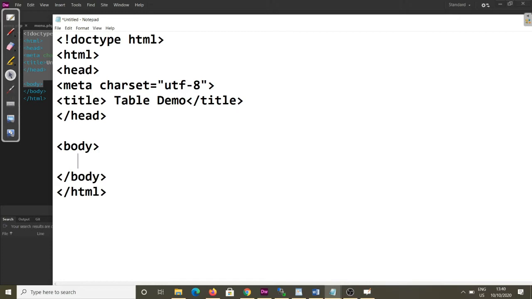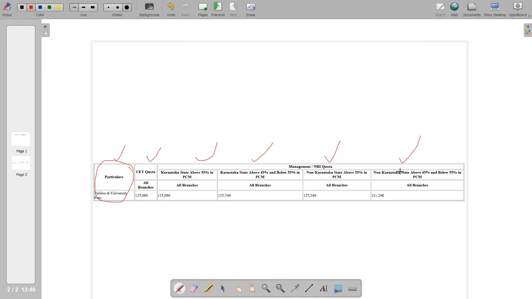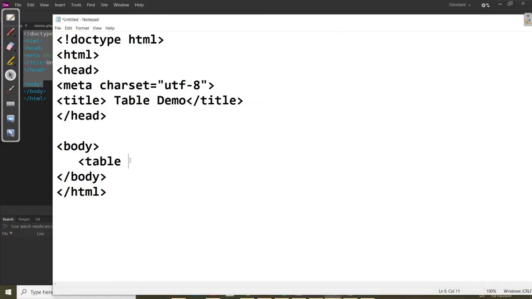This part is done, so we have to write inside this. Start from the table tag only. Along with the table we can write attributes, because you can see in this output a border is there. So in that way you can also give the border here. The table attribute is border equal to double quote, give thickness based upon your wish, 2px I'm giving here. And height and width are auto, I'm not fixing them here.